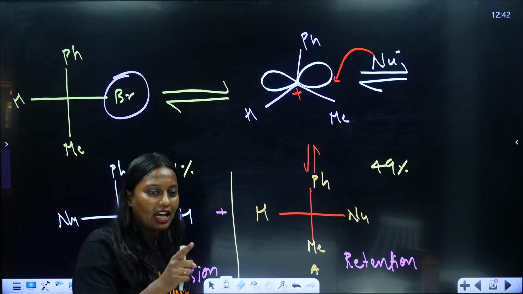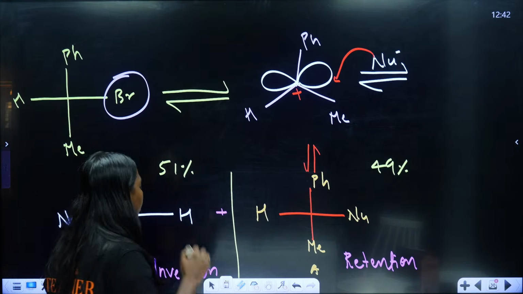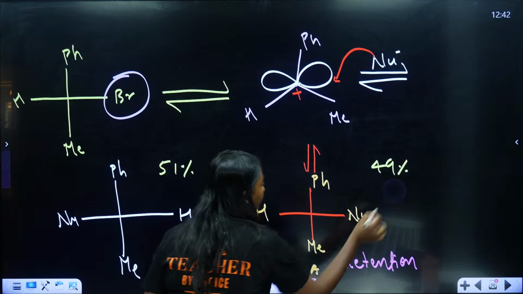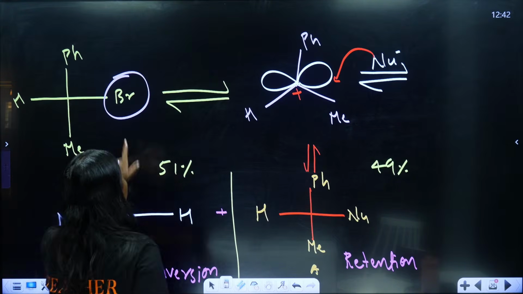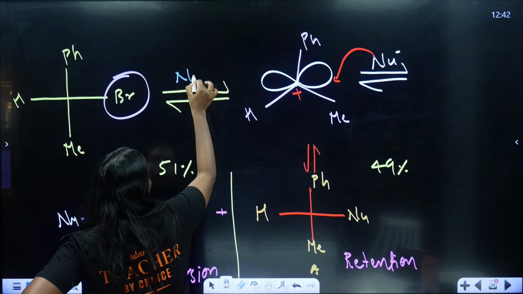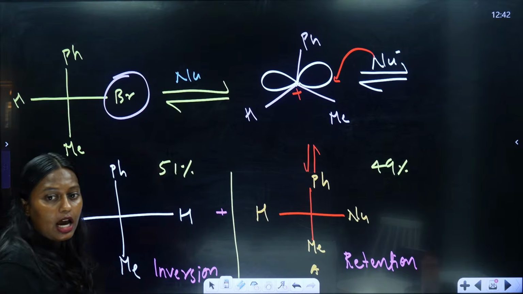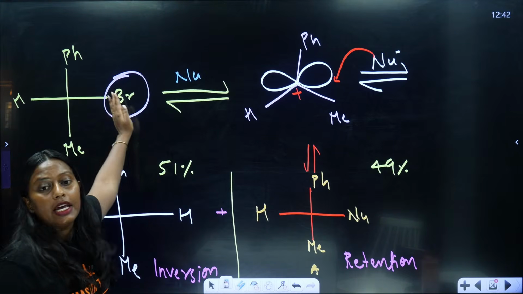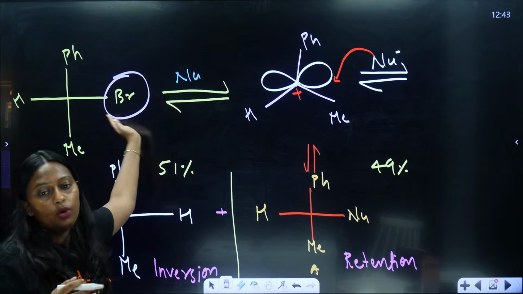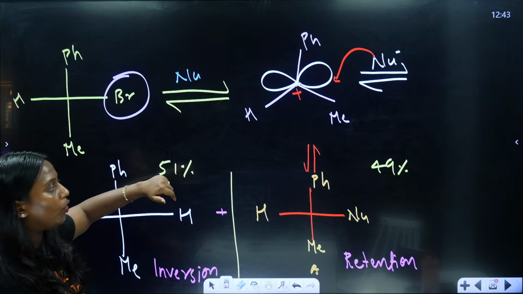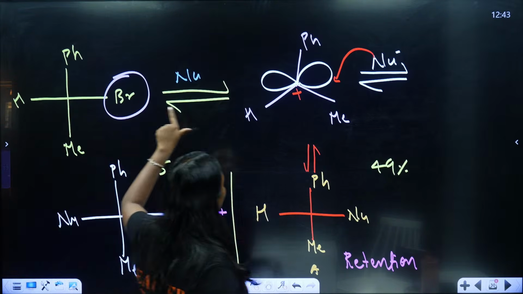Yes, very good, 49 and 51. I will tell you the reason. Here our nucleophile is attacking. Our nucleophile is coming. First, the bromine will leave from here. Bromine leaves from here. So when the bromine leaves,